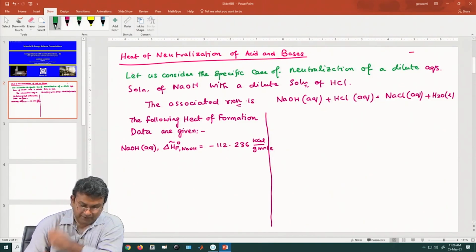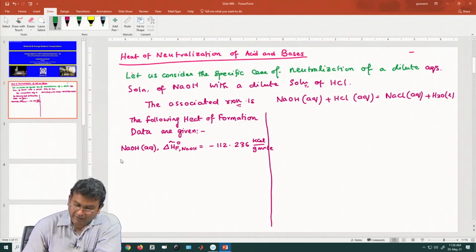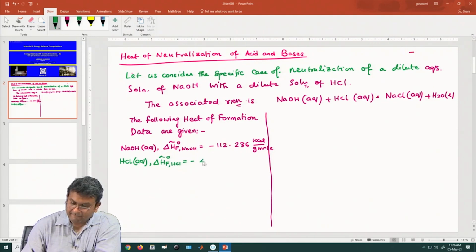Similarly, for HCl aqueous, the heat of formation, and for NaCl,